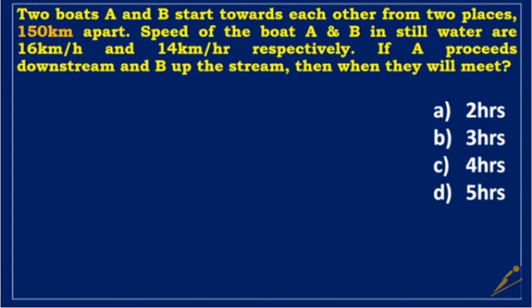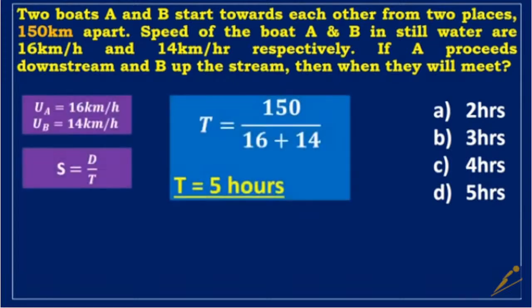The speed of boat A in still water is 16 kilometers per hour. The speed of boat B in still water is 14 kilometers per hour. The distance between the two boats is 150 kilometers. When both boats are traveling in opposite directions, the relative speed is 16 plus 14 kilometers per hour. In the speed formula, substitute 10